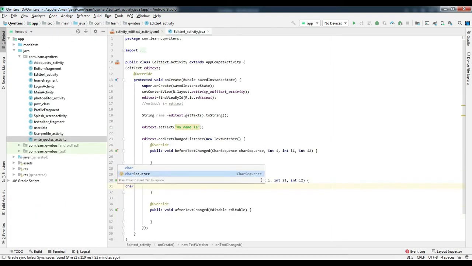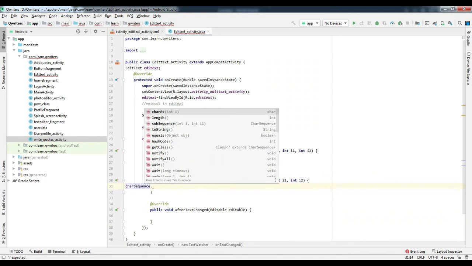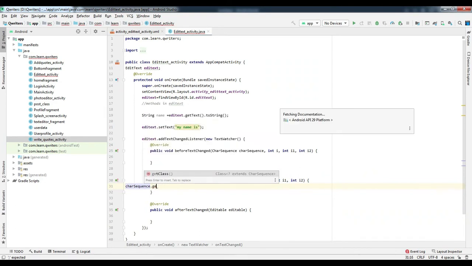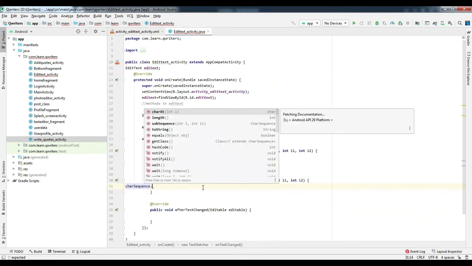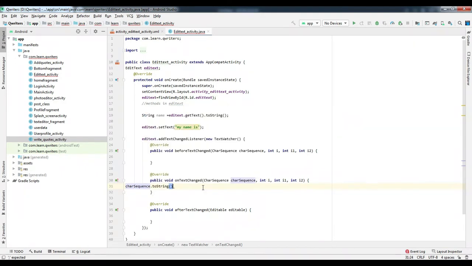The text change listener is used to identify changes that are happening in the edit text while the user is typing. In onTextChanged, we will get the text that is typed by the user in the edit text. The onTextChanged method returns a character sequence.